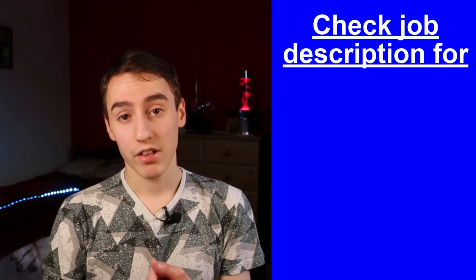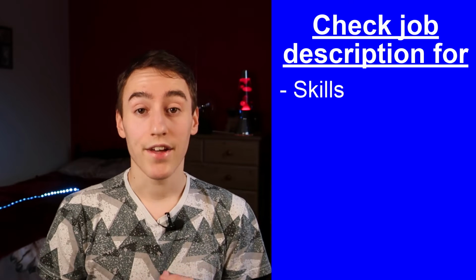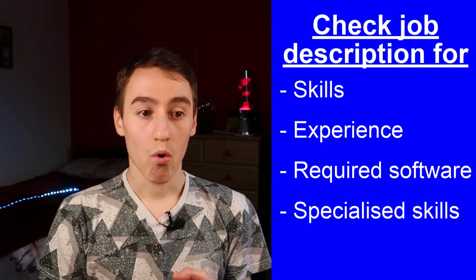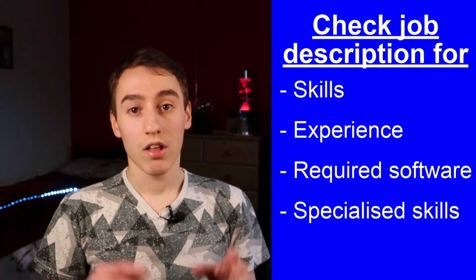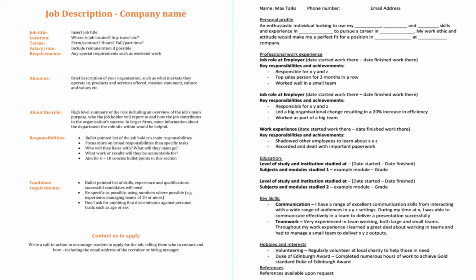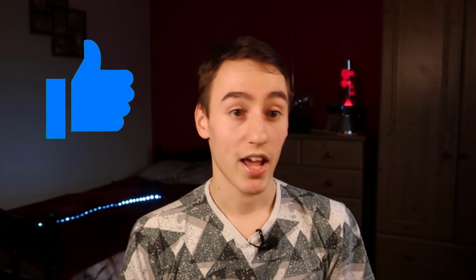So this might be the skills that they're looking for, the particular experience that they're looking for, any required software or special skills. If you pick out all of these and put them into a little table or list, and then put both your CV here and the job description and person specification here, and do it like a tick list, so you see communication skills, tick, you see organization skills, tick. The more ticks that you can get, the better,